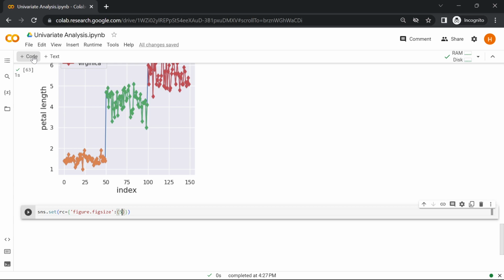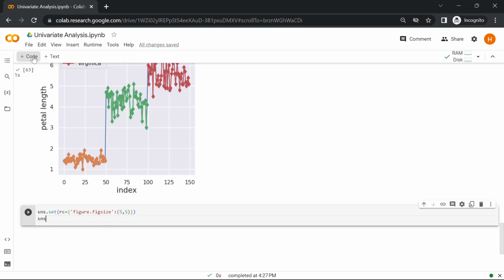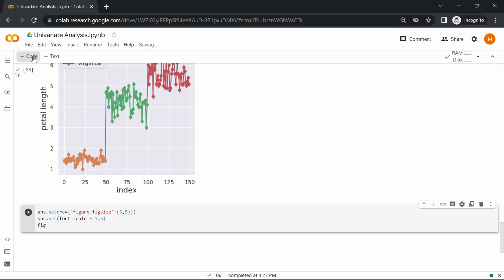We'll set it to 5,5 and sns.set font_scale equals to 1.5 and fig equals to